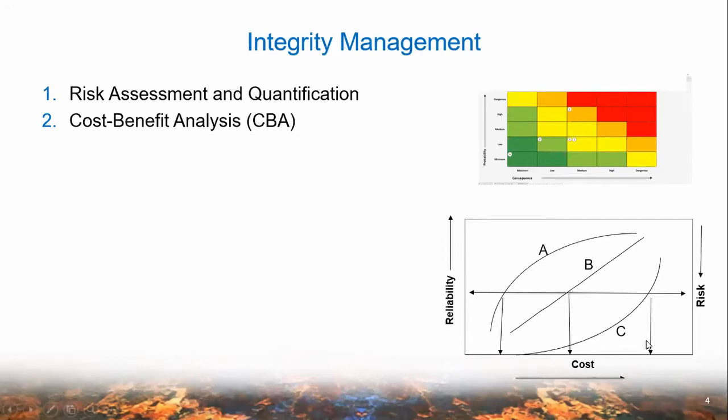Finally, if you do not adequately take care of your pipelines, then the risk will reach a higher level and huge expenditures are required to bring the risk to a lower level, as represented in curve C. In this scenario, a dollar spent today may only earn a penny or dime tomorrow. Not ideal at all.